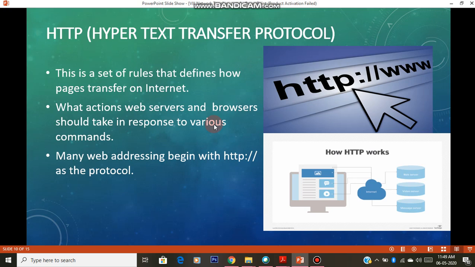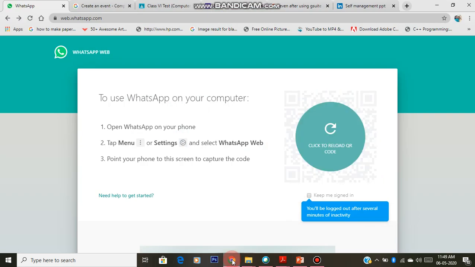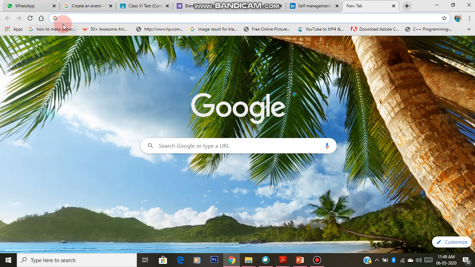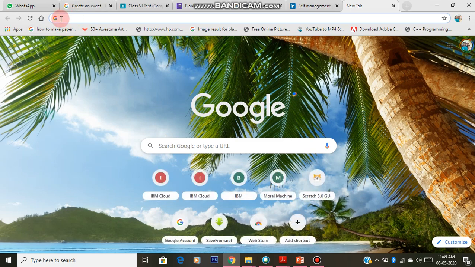The first protocol is HTTP. HTTP stands for Hypertext Transfer Protocol. You might have seen this when you browse the internet, on top of the browser. Let me show you a browser. Usually here, in this place near the web address, there it will be written www dot, and before www dot there will be some http.